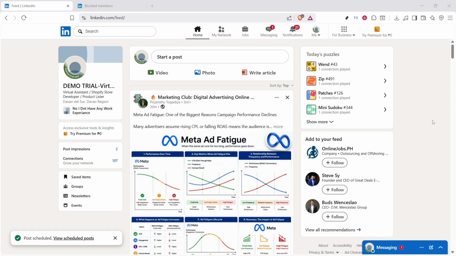To begin, open LinkedIn and go to your main feed. This is the home page you usually see after signing in, where posts, updates, and activity from your network appear. Starting from the feed is helpful because it gives you a consistent place to navigate from, even if LinkedIn's layout